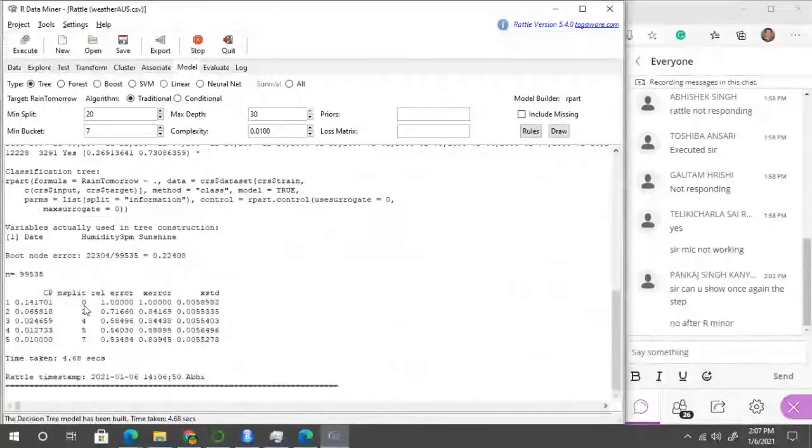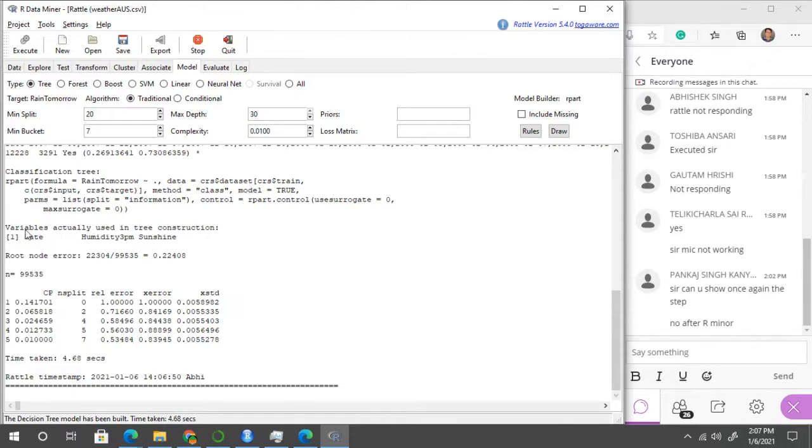In this manner you will find the output, and it will show how much time it takes to execute this particular line of code. It will classify the tree, and this data set gives you the prediction of whether tomorrow there will be rain or no rain.